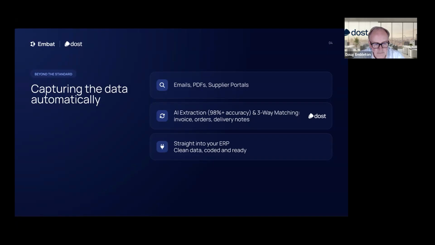So if you can free the AP team so they're not doing admin work, they can look upstream and say, this supplier consistently does not put this on the right invoice. But also with this sort of advanced AI learning, you can do clever things like, a description on an invoice from a supplier may be different to the SKU description on the purchase order from you requesting the goods. So you can start to automatically map. So as documents come in, they can resolve themselves with self-learning, which is the really important factor.